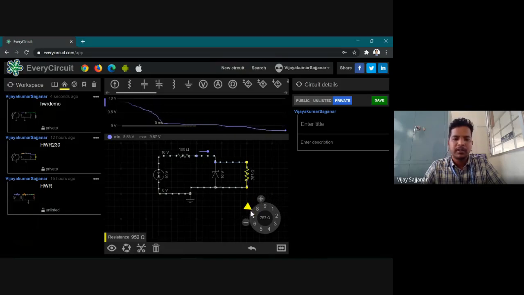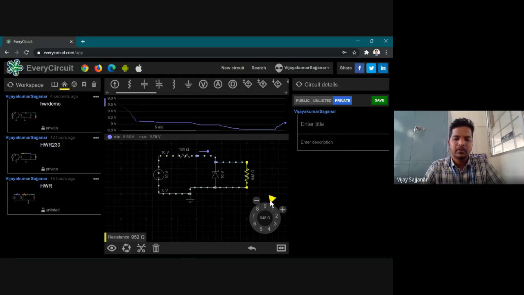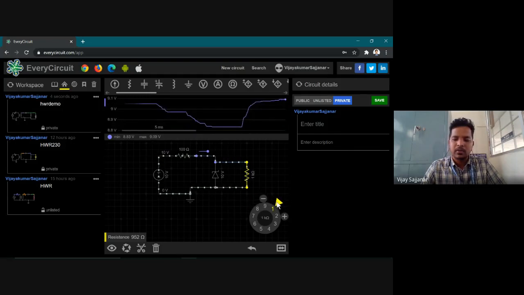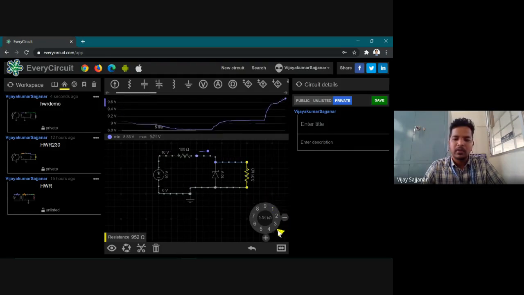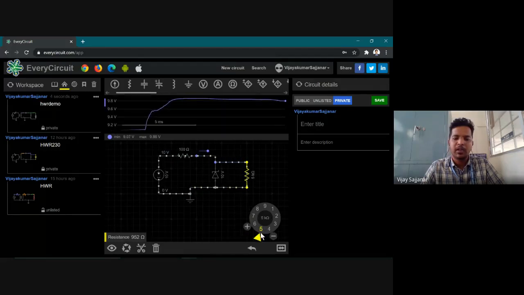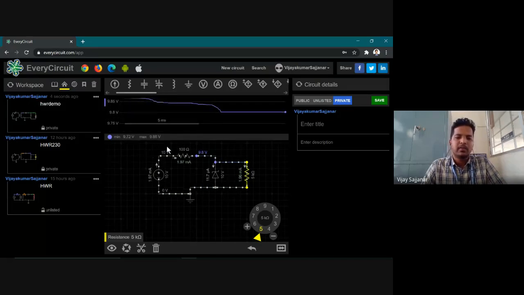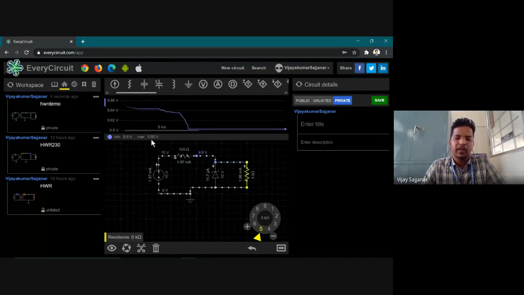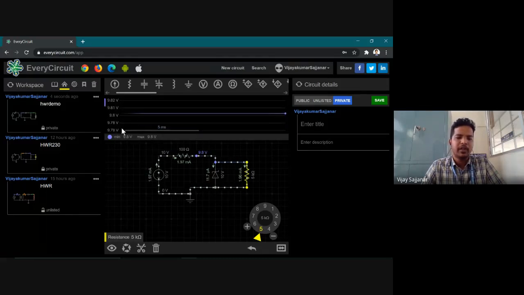I have not done the design part, so we do trials so that we can check when we are going to get the maximum possible voltage. Maybe I'll keep it at 5 kilovolts. So somewhere around 9.8, 9.86, good enough. So this is how the Zener diode is trying to keep a voltage constant at 9.8 volts.